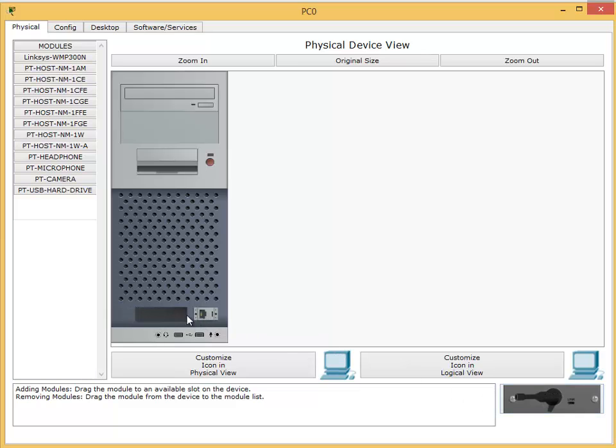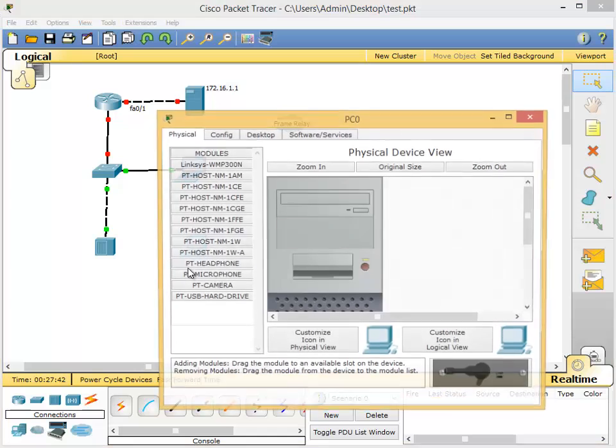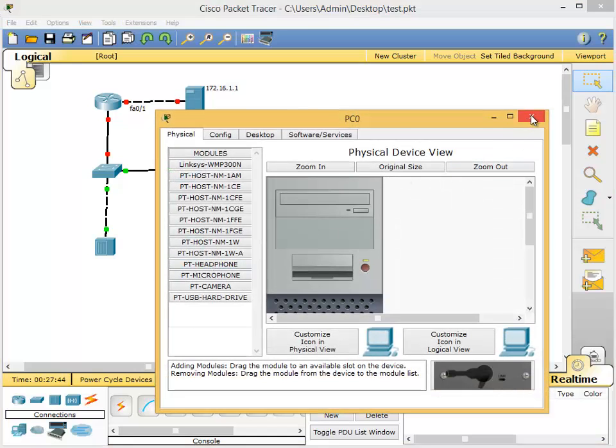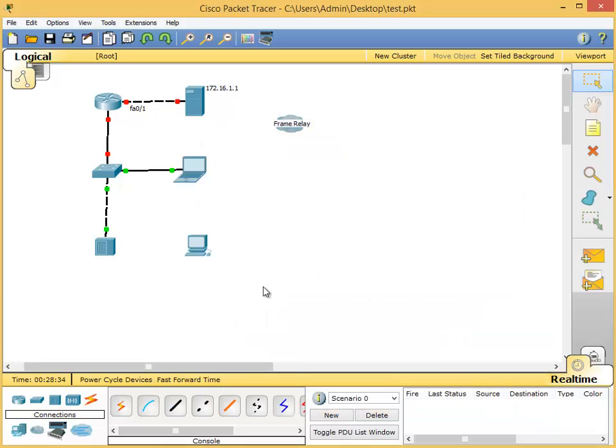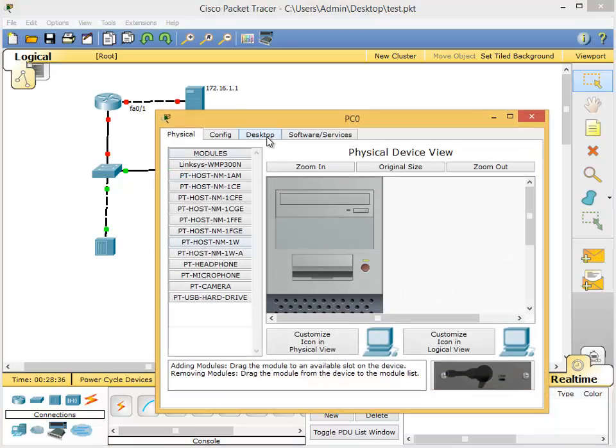So if I remove it, all I did is click on it, hold the left click, and drag it in there. Now there's no interface there. If I want to put the wireless card, for example, I click in here, this is my wireless card, and I have to switch it on. Now this PC doesn't have any ports available. Okay, now if I want to, for example, go to config